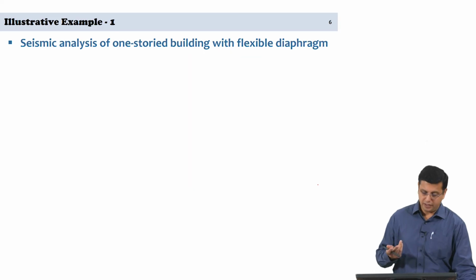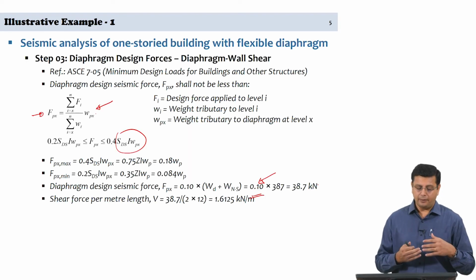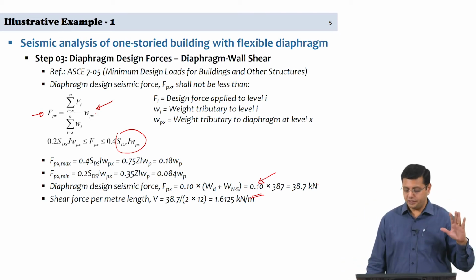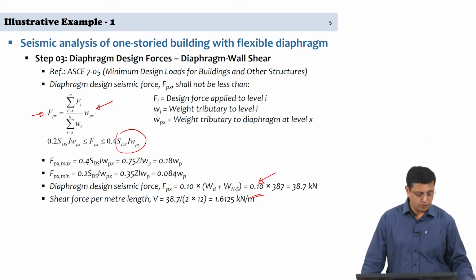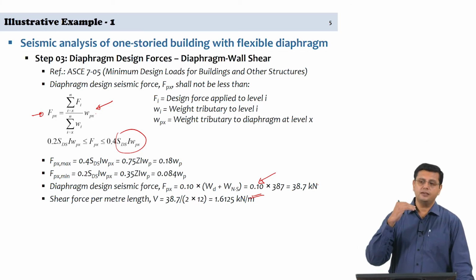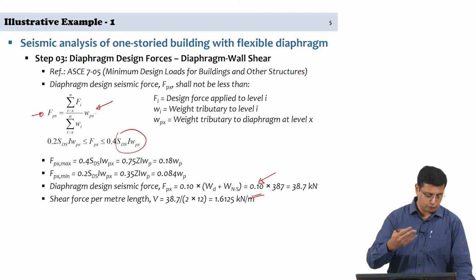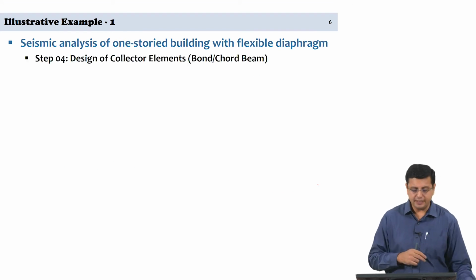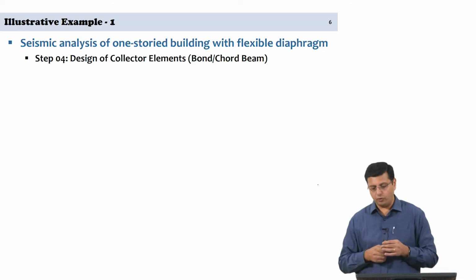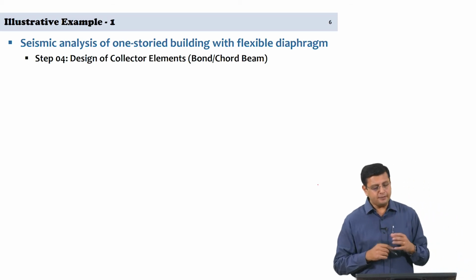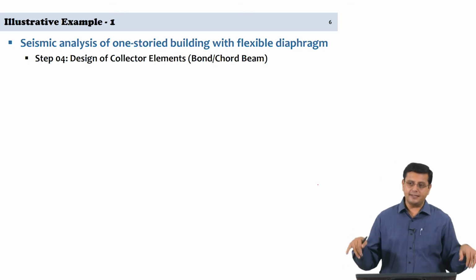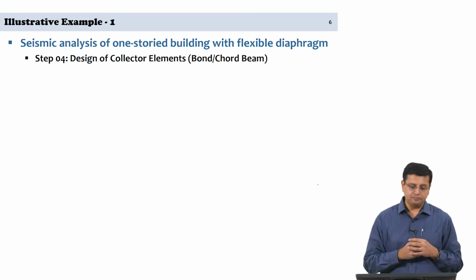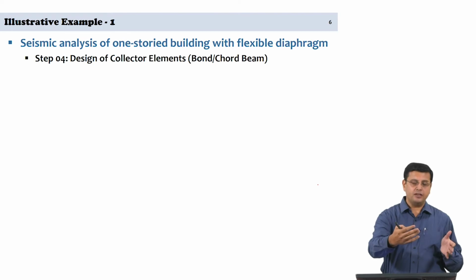So that was the first part of the problem, that we had to estimate what is the shear force for which the diaphragm has to be designed, and what is the shear force that comes onto the in-plane wall because of the inertial forces generated by the diaphragm and the out of plane walls. Now, having estimated that, let us go on to the next stage, which is basically how is this shear force generated by the diaphragm and the out of plane wall collected and sent to the in-plane walls. So, you have basically in between these two, resisting, one that creates the demand and the other which is